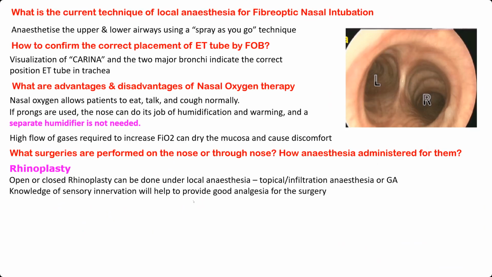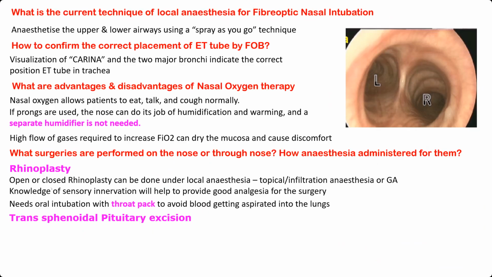Okay? And the next question you will be seeing is, what is the external nostril supply? Internal nostril supply we saw in the previous slide. You will have to know the nerve supply for the outside of the nose also. And whenever you do any nasal surgery, you will have to have a proper throat pack so that the blood that is oozing out going into the pharynx will be absorbed by this throat pack, and you can prevent aspiration